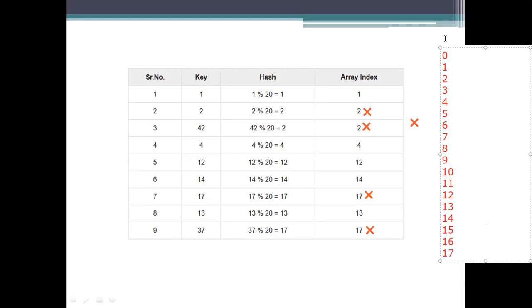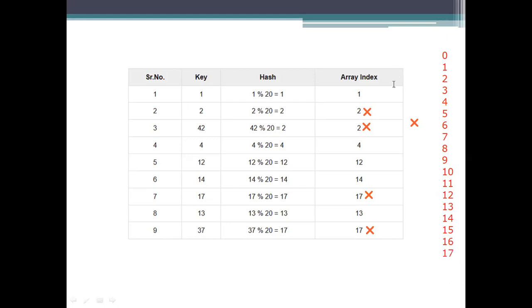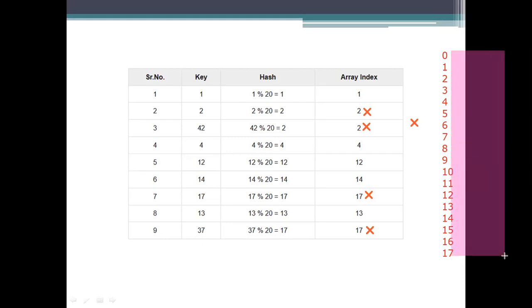Okay, done. Now draw the array representation here.